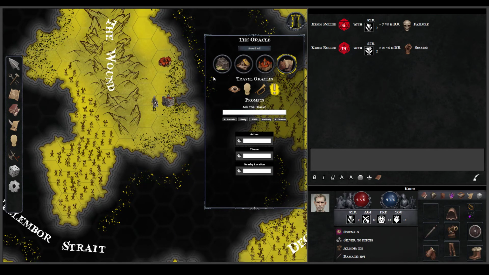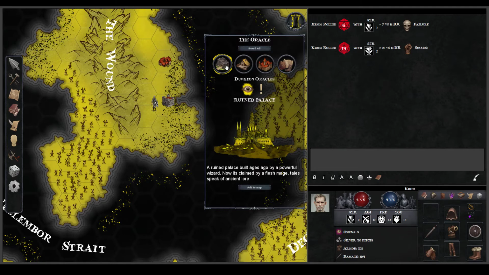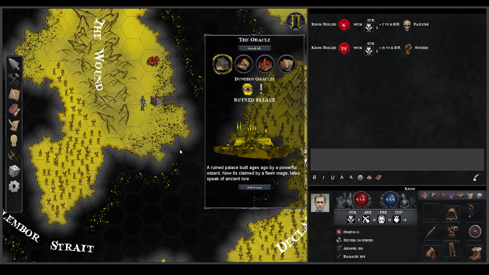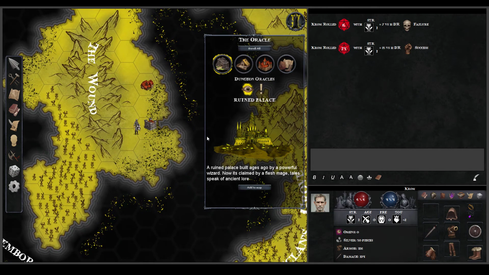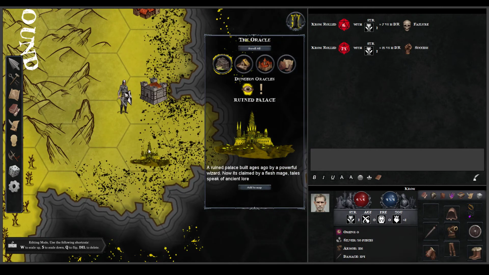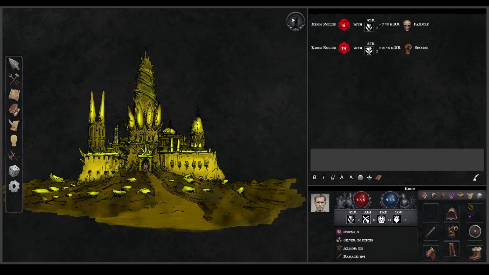And finally, we're going to take a look at the dungeon oracle, and this one is different. When you roll, you get an image for the dungeon and a small description. When you add to map, you add the same image that's here. That's going to be your map icon, and when you enter,